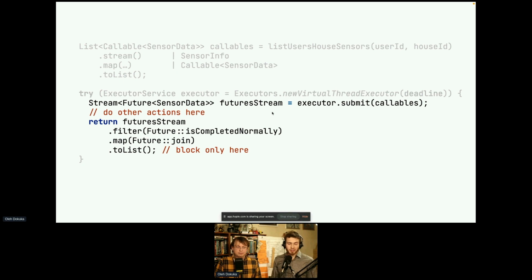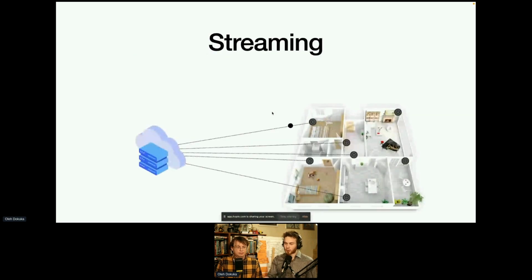Well, interesting approach, but wait a bit. Just recently, our hardware engineers said that they updated our sensors, and now our sensors support streaming, so we don't have to continuously ask the sensors. Sensors can just push every update from their side to our server, which of course improves performance significantly. So how are you going to implement this type of approach with Loom?